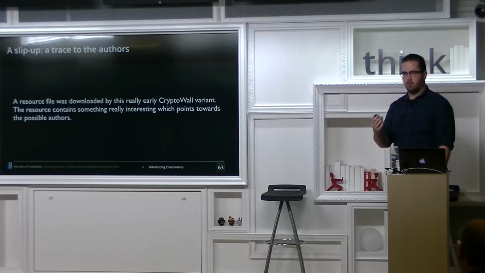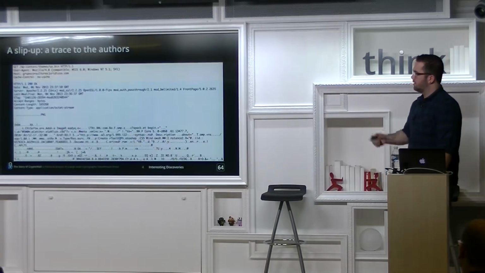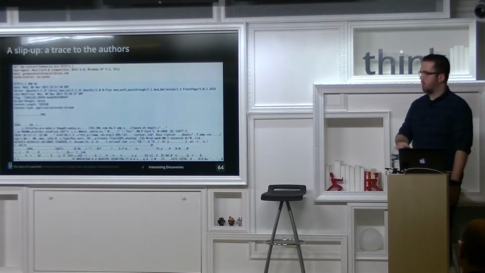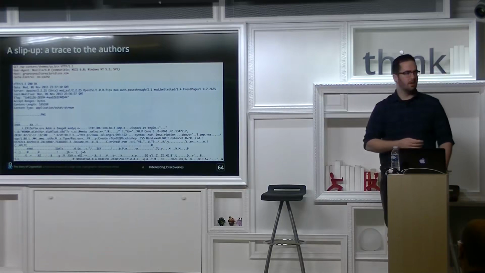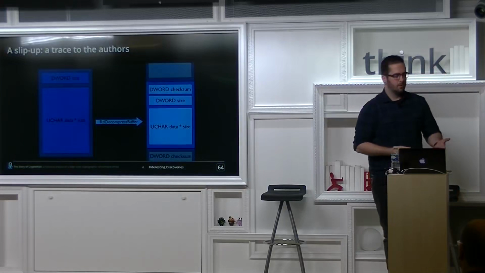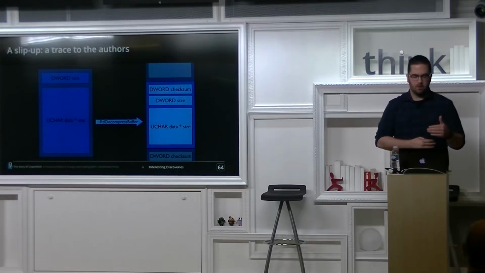So I said there was this compressed blob, which the CryptoLocker clone downloaded, right? Which was this thing. If you looked at it, you saw some artifacts from a PNG header. It's kind of compressed, there was some stuff missing. What it actually was, was a small data container. The first 4 bytes were the size, so you can get the whole size. You could decompress it with RtlDecompress.